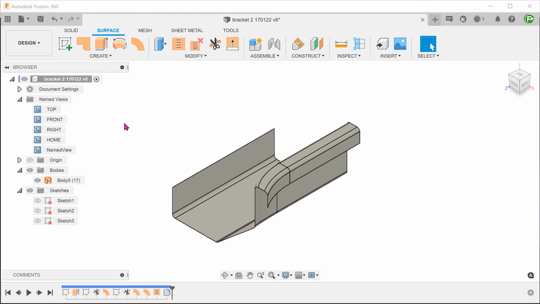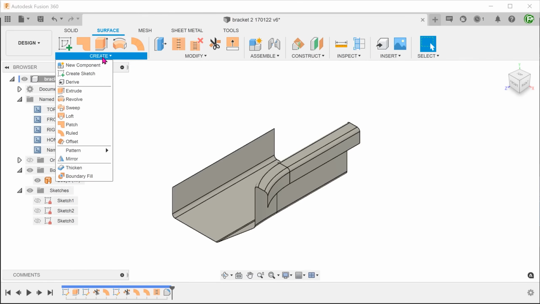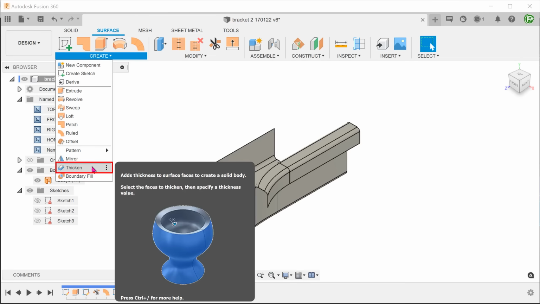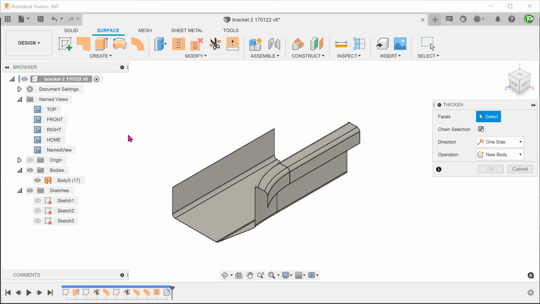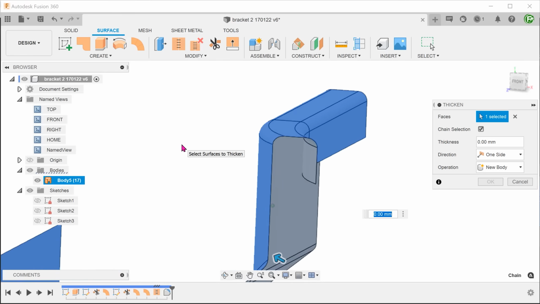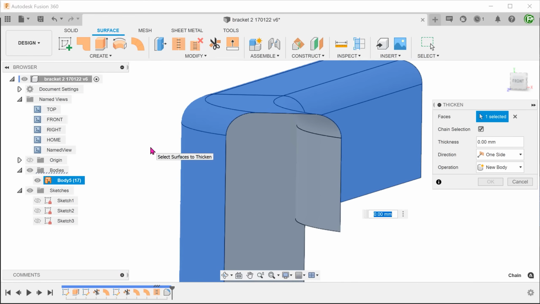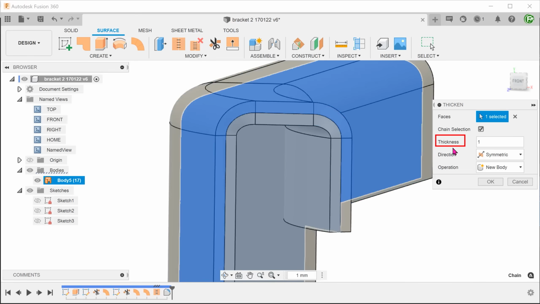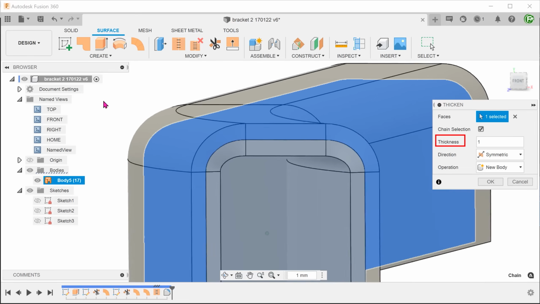To convert this into a solid, let's go to Create, Thicken. Select the surface body to thicken. Set the thickness and direction. Take note that if you choose symmetric, the thickness value stated here is half of the total thickness.